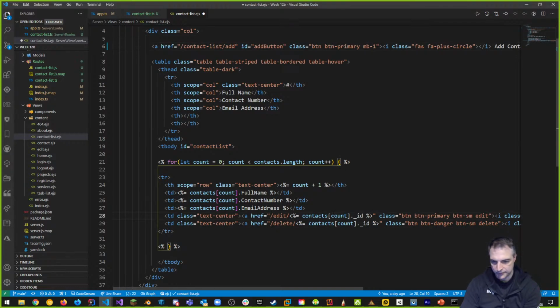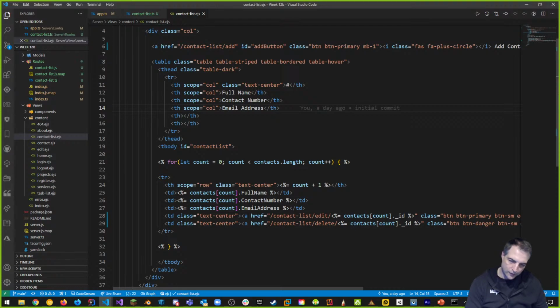So again, it's going to be the same thing. It's going to say, hey, I want you to go to contact list /edit. I want you to go to contact list /delete. That's it. Those are the three changes we have to make to our contact list view, and now we're good to go. But you're going to notice a difference in the browser. So if I go back to the browser now,